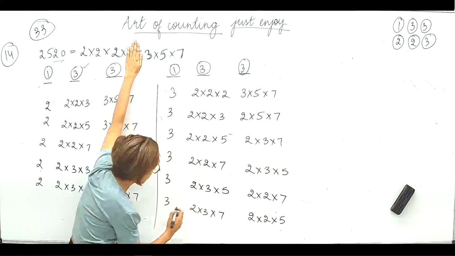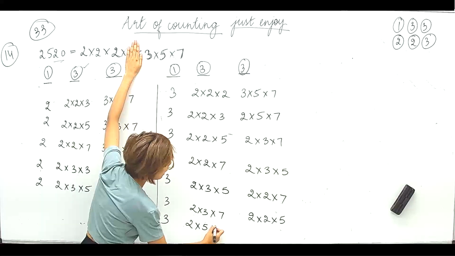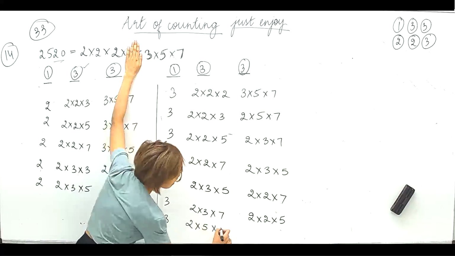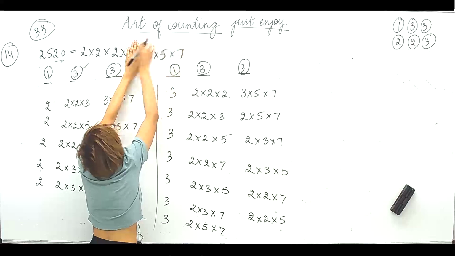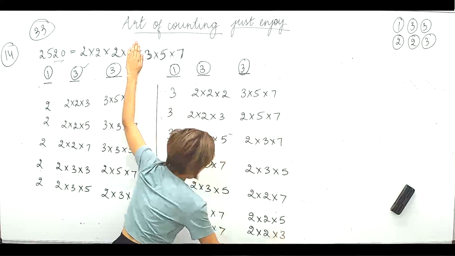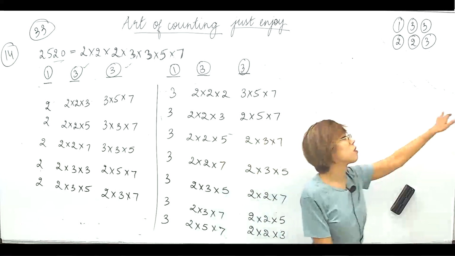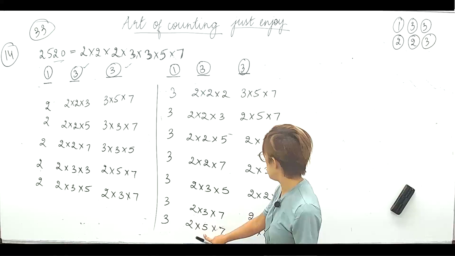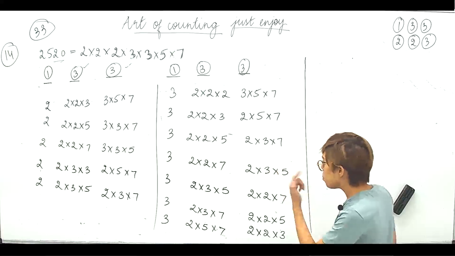So let's go for 2 into 5. So 2 into 5, right? And obviously I will not be taking 2 here, already considered that. I will not be taking 3 because already considered. Let's take 7 then, right? So 2 into 5 into 7. So I am left with 2 into 2 into 3, right? So 2 into 5 ones are exhausted and 2 into 7 ones are already exhausted, right? Okay. So यहाँ से 2 वाले खत्म हो गए. Okay. Let's move forward then.